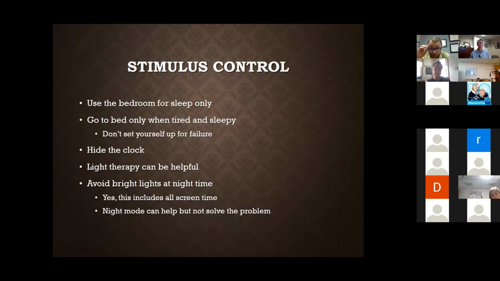One, it just helps the strain on my eyes, but it does help alleviate a little bit of that bright light that we get from screen time. So if you can put night mode on apps and ask your patients to do that, but that doesn't completely resolve the problem. It just kind of puts a Band-Aid over it. Best would be not to look at screens at all.